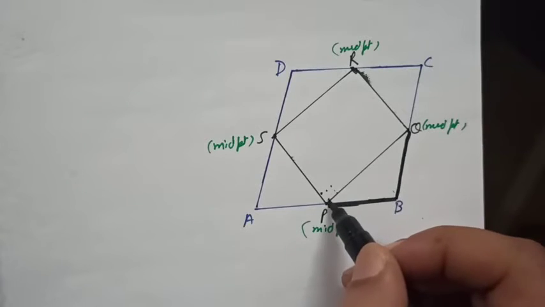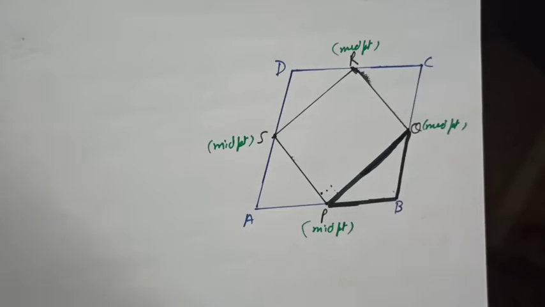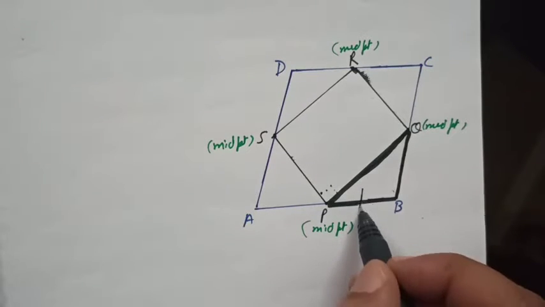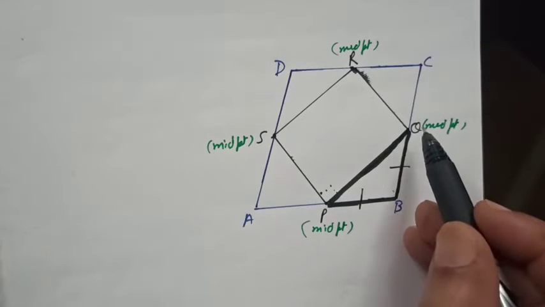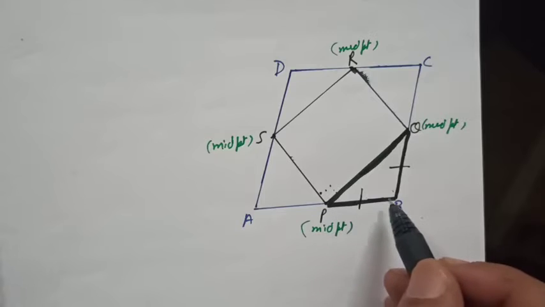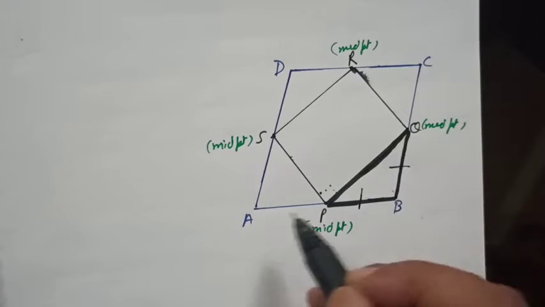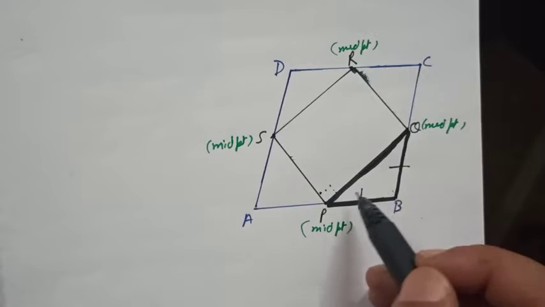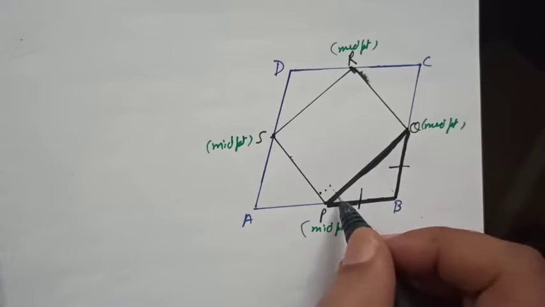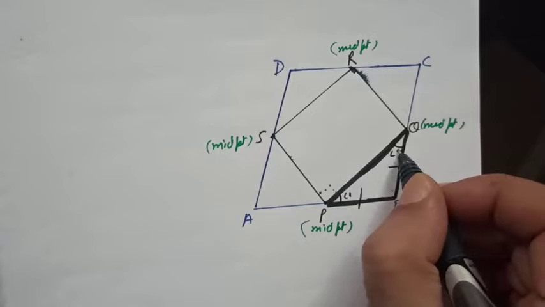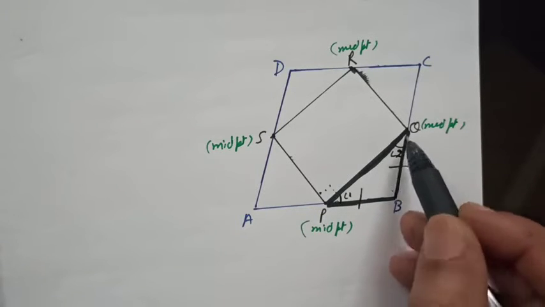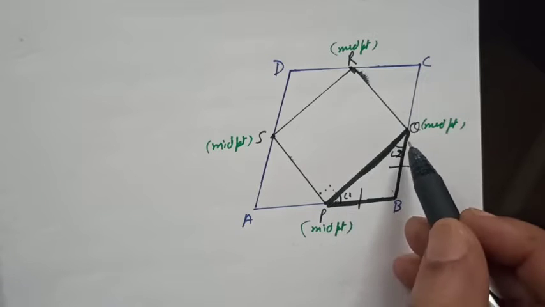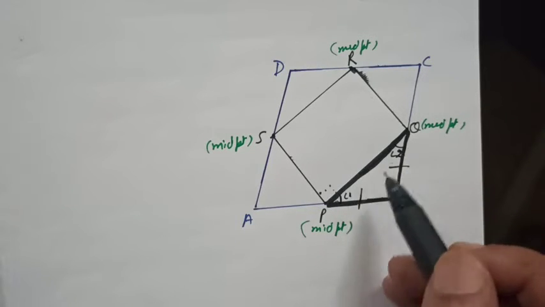और हमारे को पता है कि हमारे को क्या गिवन है, PQRS क्या है, it is a rhombus. So can I say that halves of equal sides will be equal? ये पूरी equal हैं तो halves भी equal हो जाएंगी since P and Q are the midpoints, right? So this is equal to this, half of AB and half of BC. They will be equal. PB is equal to BQ. So therefore I can say that angle 1 is equal to angle 2. Why? Because angles opposite to equal sides are equal. ये वाली साइड के सामने ये वाला एंगल है, इस साइड के सामने ये वाला एंगल है, सो दे विल बी इक्वल टू ईच अदर, right?